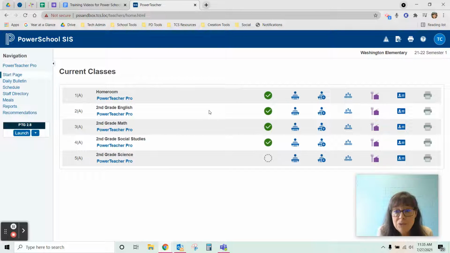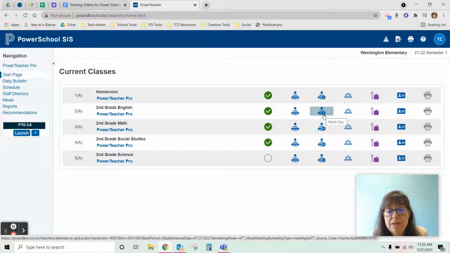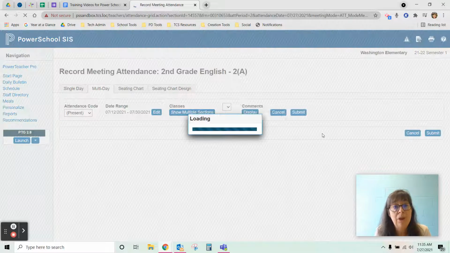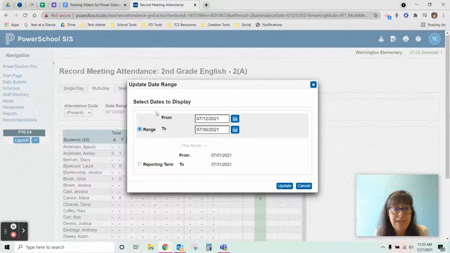If you would like to use the multi-day, let's say you get a student that comes and brings a note about being gone on a trip for 5 days, and you would need to go ahead and drop those days in, you click on multi-day. It'll bring up a range of dates, and you can change that date range. Let's say that his trip is 2 weeks out. You can go up here and edit which weeks you see so that you can mark him absent for the